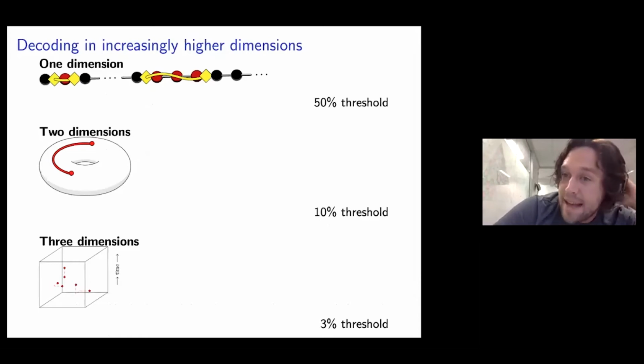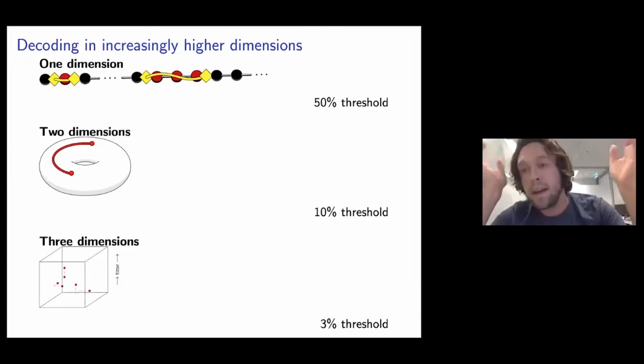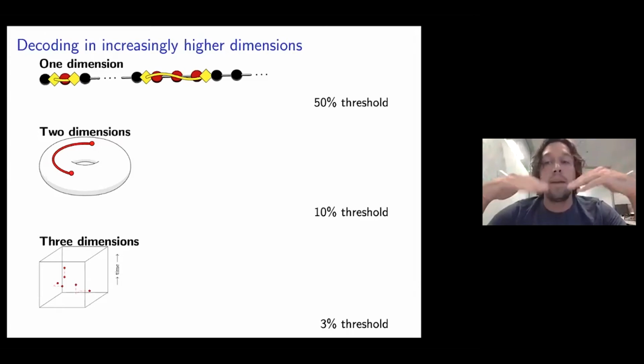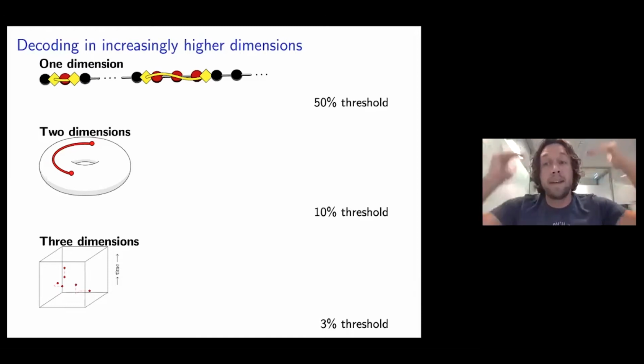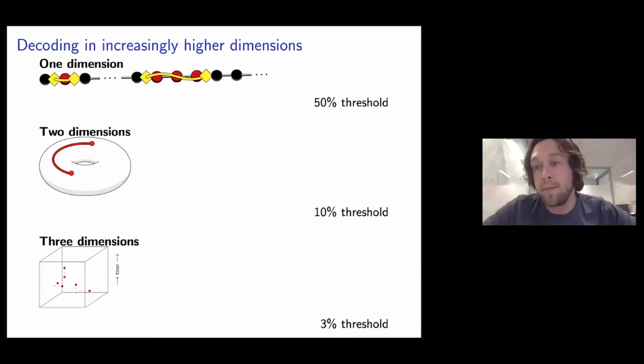As the dimensionality of this matching problem increases, the threshold decreases. So the threshold is the rate at which you can tolerate errors such that your code is working. What do I mean by working? I mean, if you're below some threshold error rate, you can improve the chance that your decoder will succeed and guess the error correctly by increasing the size of that code. If the error rate is too high, then you can't do that. But if you're below this threshold, then you can